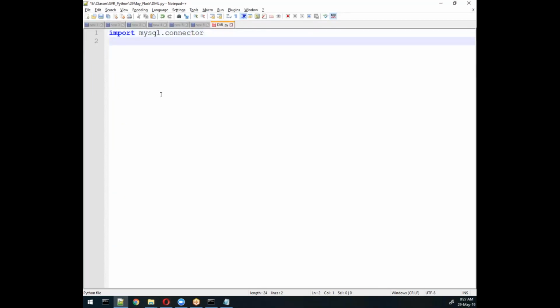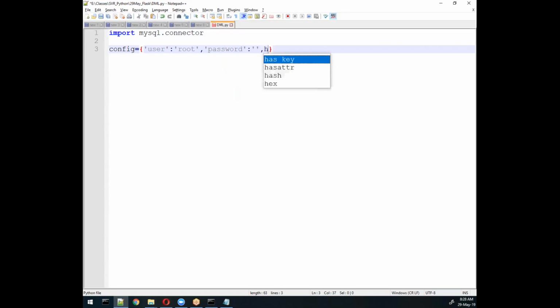For that we require to import this. One other thing we require is config. This config is basically a dictionary, remember. In that dictionary we will write some username and password and other information which is important for us. In future we can hide this information in another file. We'll see that later, but for now for simplicity I'm focusing on how we will connect to the database, and also how we will perform some operations on that database.